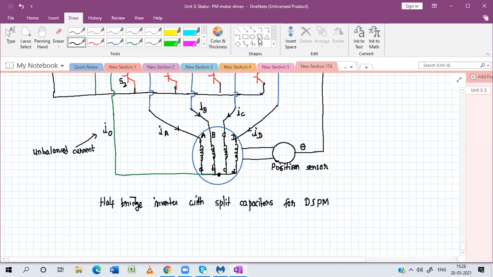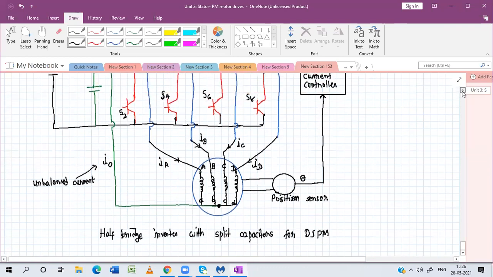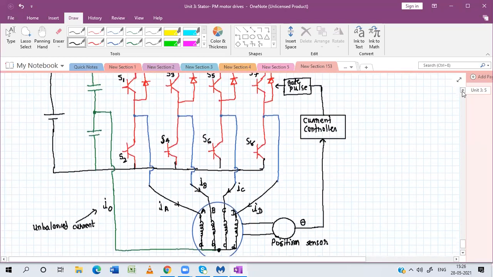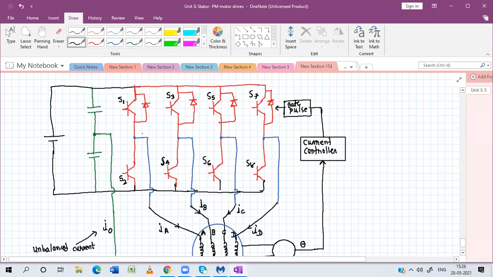Now, as per the diagram, here we can see the phase winding turned on and turned off. Now, what is the meaning of phase winding turn off and turn on? It means the switch S1 is on, S3 is on, S5 is on, which one is on? This depends upon the specific rotor position theta. So whatever the rotor position is, according to that, you are switching on and off these particular phase windings A, B, C, and D.